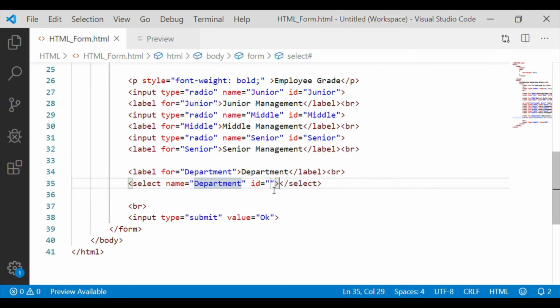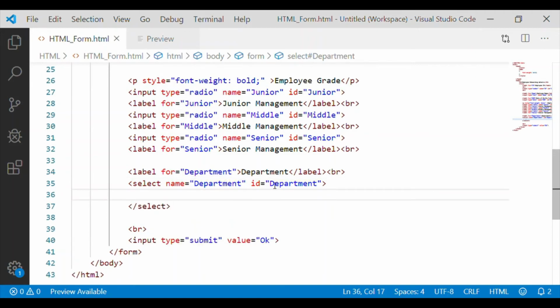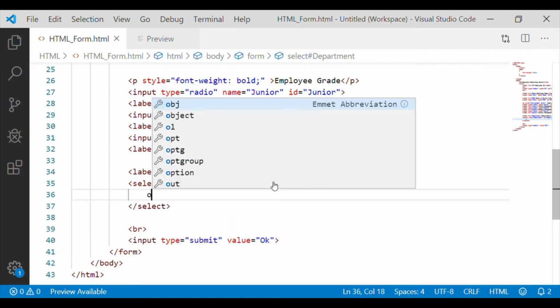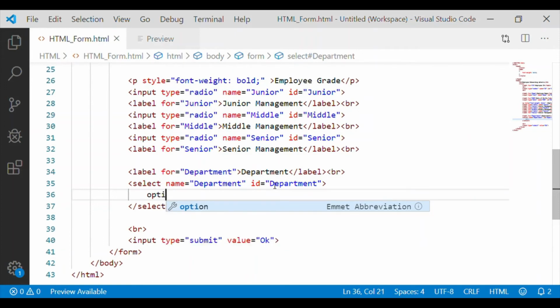So select, and we will associate a name and ID so that options are part of this select. Options that shall be listed in the select input.